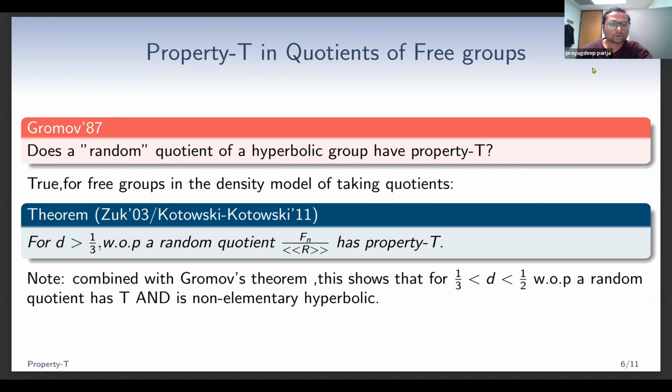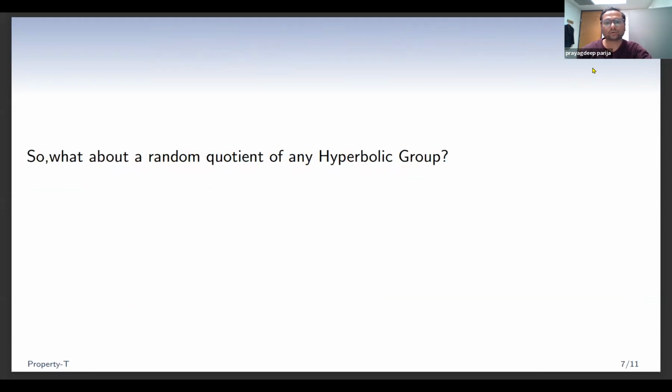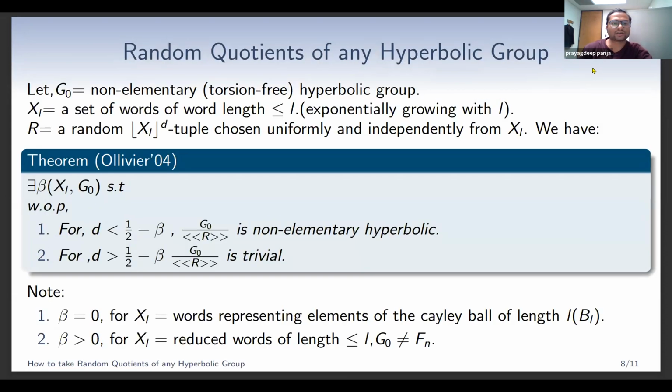All right. But what about random quotients of any hyperbolic group? We saw that the random quotient of a free group has property T in the density model. But what if you start with any hyperbolic group? For that, we need to understand how to take random quotients of hyperbolic groups. This problem was studied by Ollivier, where he says that if G0 is any non-elementary torsion-free hyperbolic group and